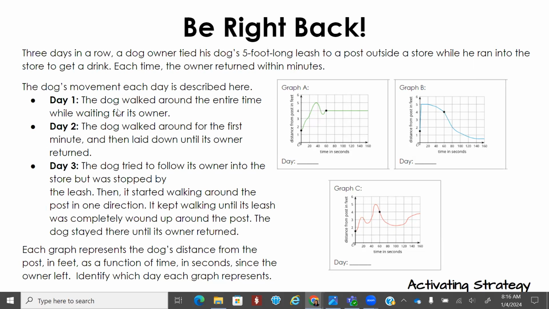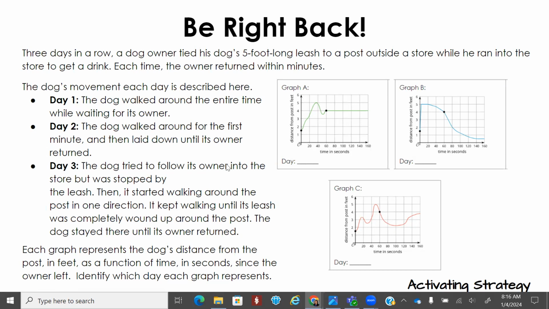So day 1, the dog walked around the entire time while waiting for its owner. Day 2, the dog walked around for the first minute and then laid down until its owner returned. Day 3, the dog tried to follow its owner into the store but was stopped by the leash. Then it started walking around the post in one direction. It kept walking until its leash was completely wound up on the post, and the dog stayed there until its